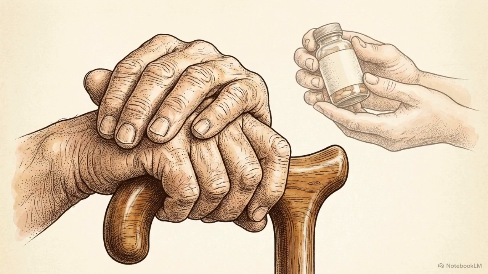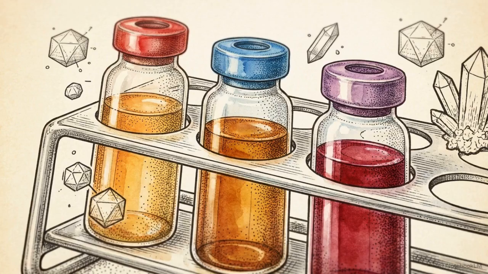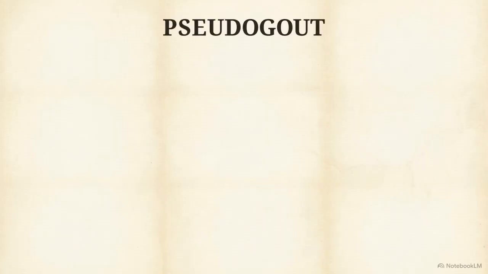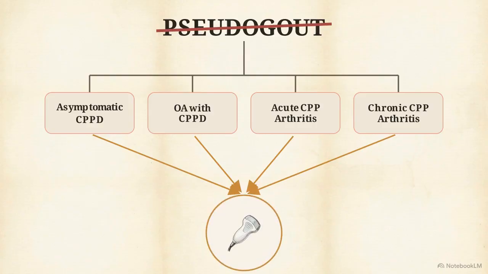For every new diagnosis, especially in younger patients, there is a critical secondary step: screening for metabolic triggers. Testing for hyperparathyroidism, hypomagnesemia, and hemochromatosis is essential to identify the root cause of crystal formation. To improve care, we must adopt a new workflow: leave the pseudogout label behind, map the patient to one of the 4 EULAR phenotypes, and use targeted ultrasound as